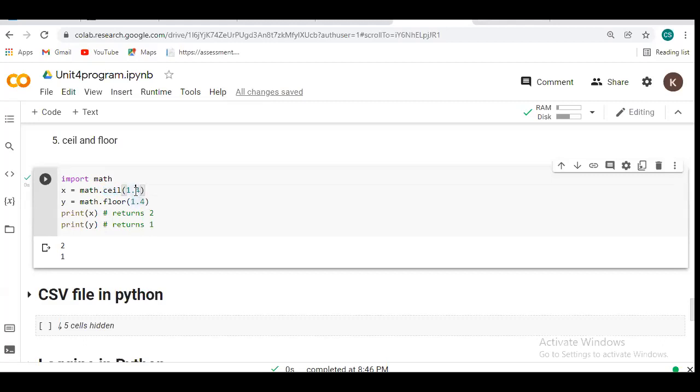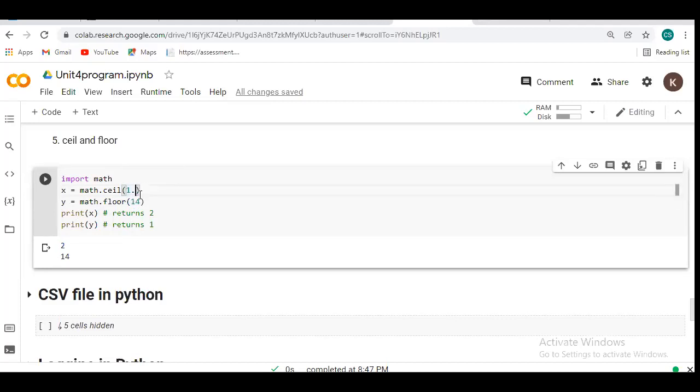Suppose here I write a value like this. You can see the results. If we are not giving a floating point number here, it returns the output the same as it is. But if I pass a floating value, you can see the difference in the output, it returns 2. Why? Because between 1 and 3 only one element is there, that is 2.